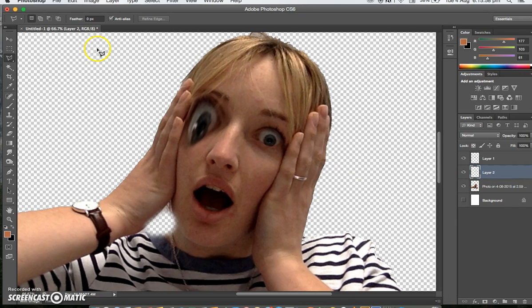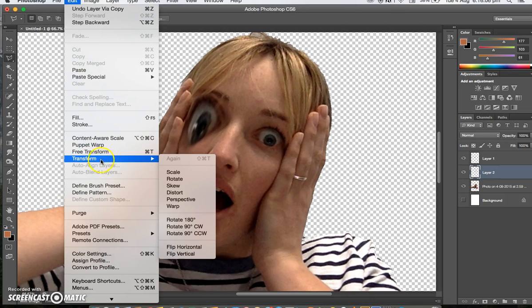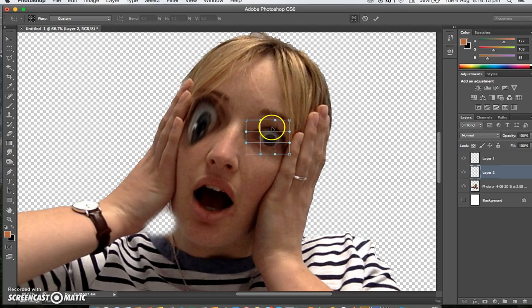We want to come up to edit now, and we want to transform that eye. So back to transform, and in the transform we want to skew, distort, perspective, we want to warp it. Here's that mesh again. Like I said, you can take as long as you want. I'm just being quick so you guys can see how it's done. That looks pretty good. And to get rid of this mesh, now I'm happy with that, all I do is